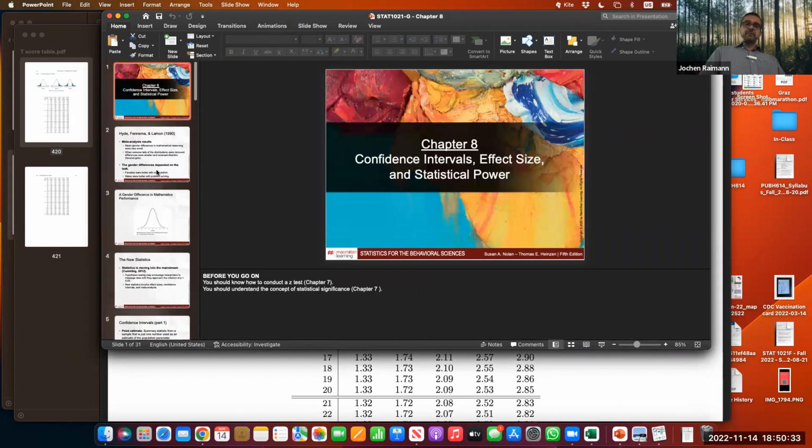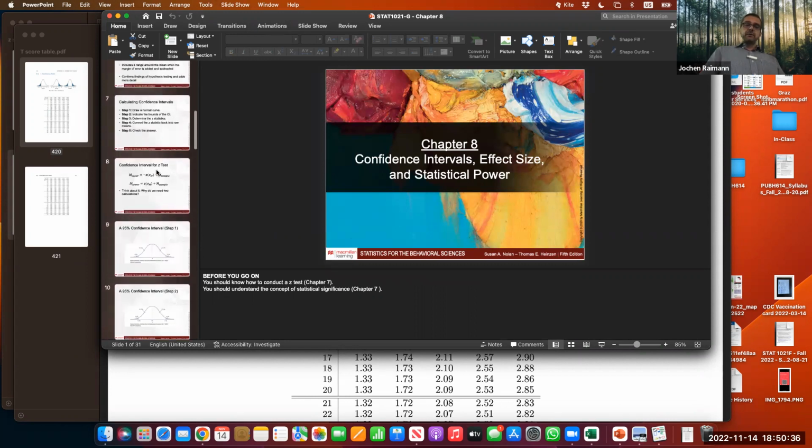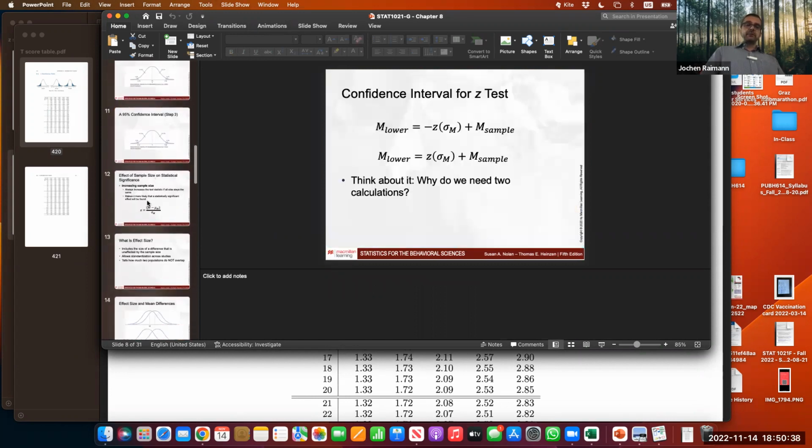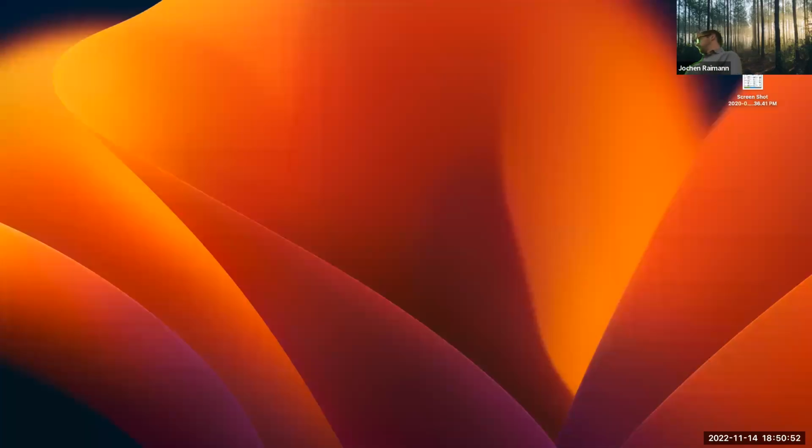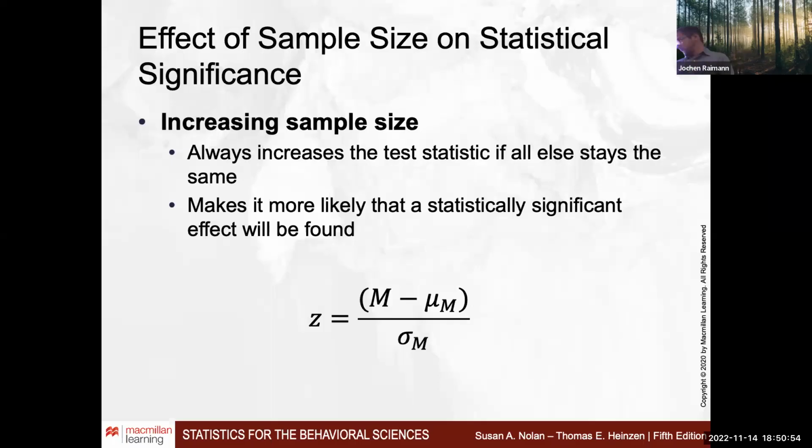Okay, so we remember the confidence intervals. We remember how it's being calculated. We're remembering effect size and why it's being calculated. Basically, you get a z-score that is associated with the difference divided by the standard error of the mean. So you're characterizing and standardizing the differences between your sample mean and your population mean. You divide it by the standard error of the mean, which is the estimation of the variability of your distribution